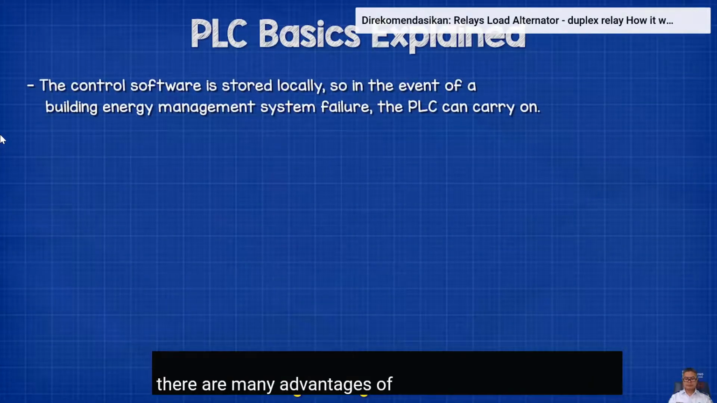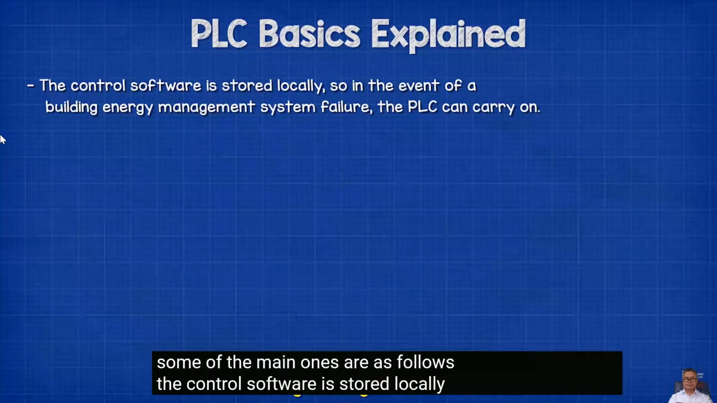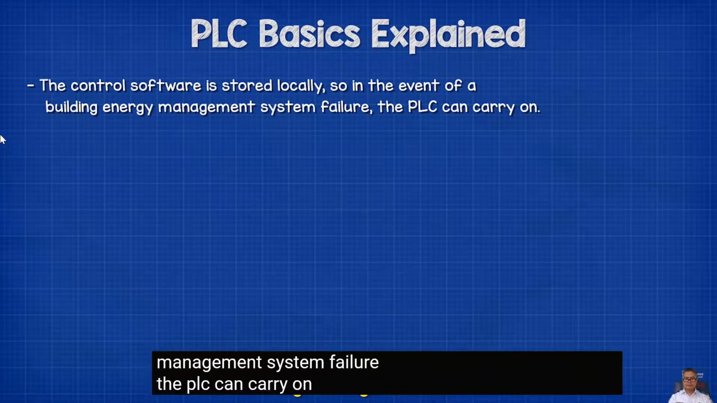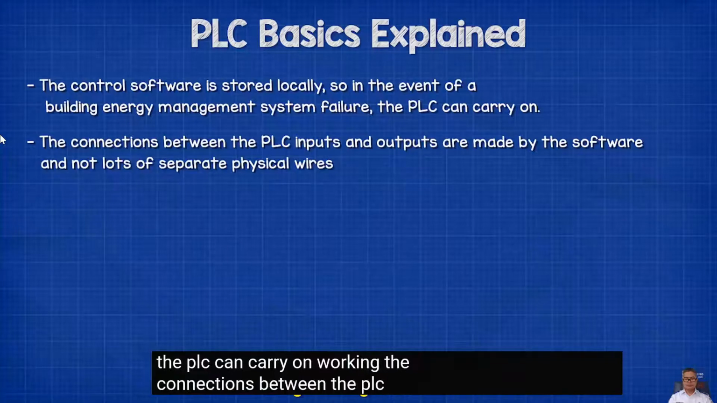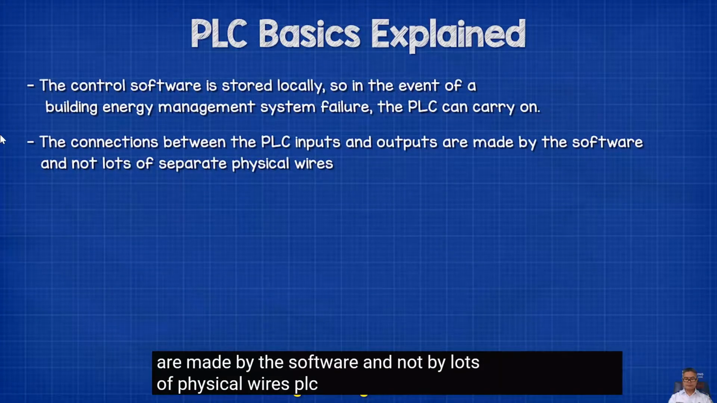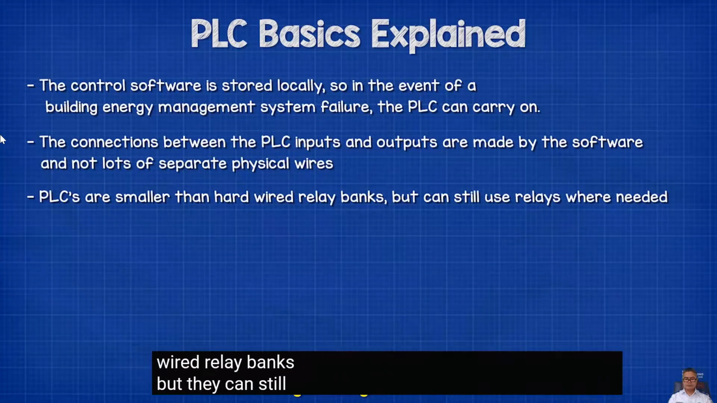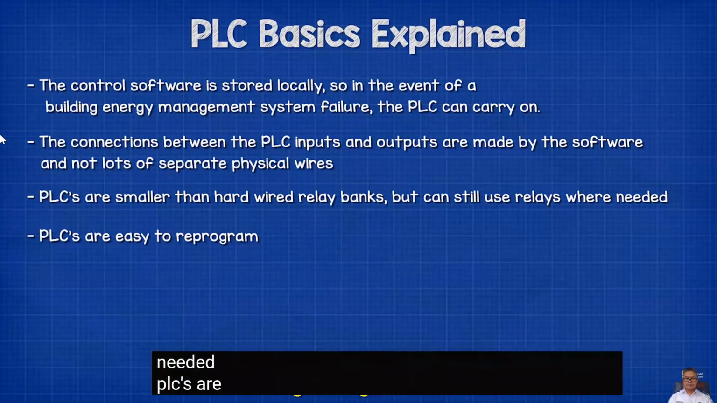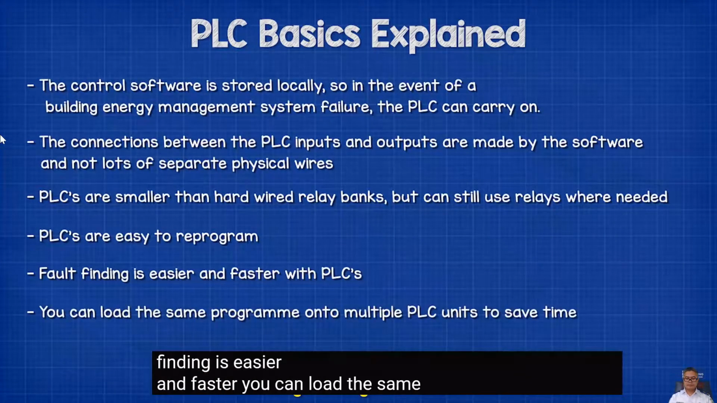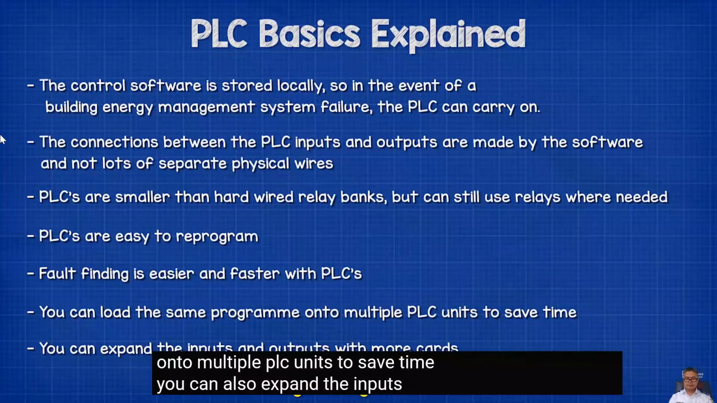There are many advantages of PLCs, but some of the main ones are as follows. The control software is stored locally, so in the event of a building energy management system failure, the PLC can carry on working. The connections between the PLC inputs and outputs are made by the software and not by lots of physical wires. PLC installations are smaller than hard-wired relay banks, but they can still use relays where needed. PLCs are much easier to reprogram. Fault finding is easier and faster. You can load the same program onto multiple PLC units to save time. You can also expand the inputs and outputs with more